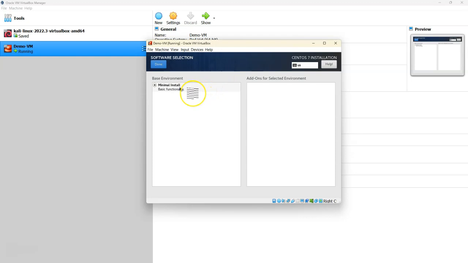So if you observe, I have attached a minimal ISO, and there is one more ISO called everything ISO, meaning the size is huge. It is around 7 to 9 GB, which has all the necessary software. So as part of your installations, you can select whichever you want. Since I'm installing a minimal version,